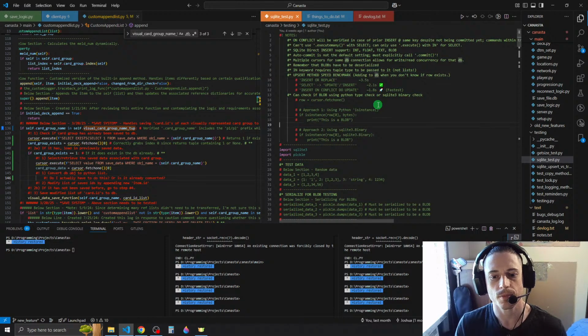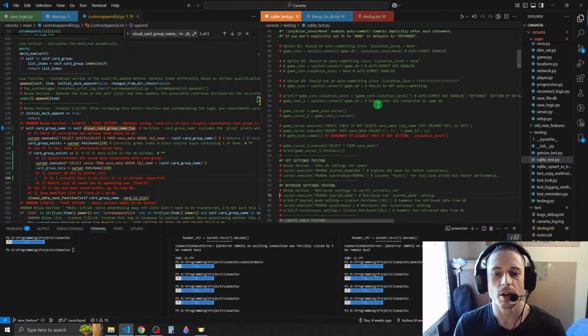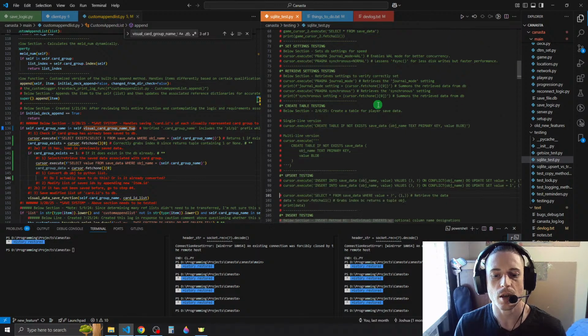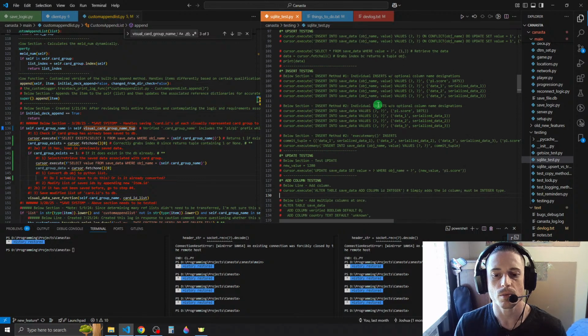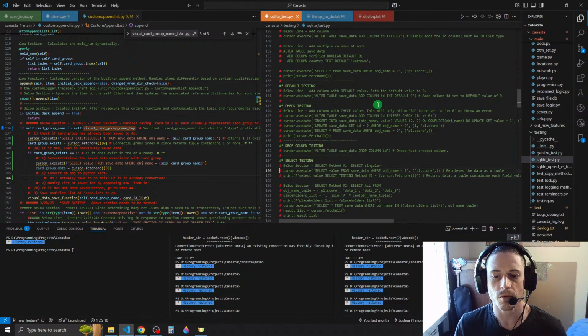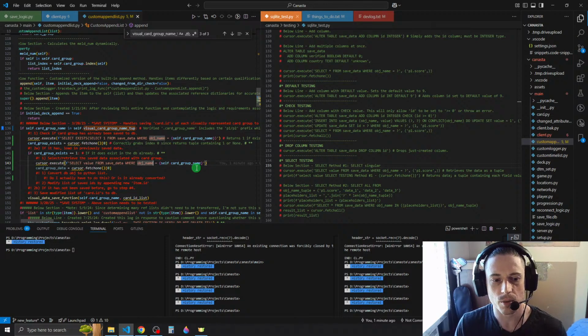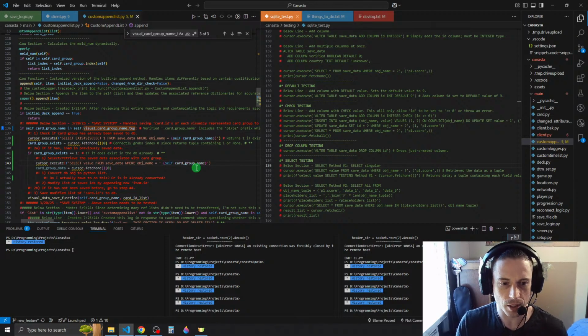Let's see. So this is serializing for a blob, and then let's find select, retrieve, create table, upsert. What we're looking for is select. Select testing, select value from save data where object name is equal to. And that's actually how we're supposed to word it. Let's do it like that. So we're going to say select value from save data where object name is equal to, and then we do a placeholder, and then we say comma,